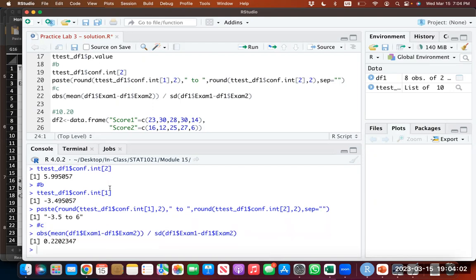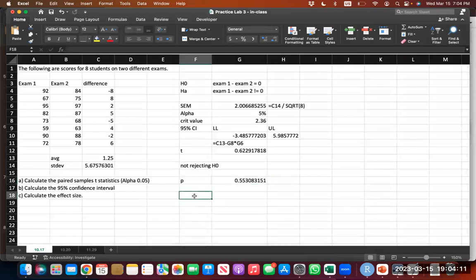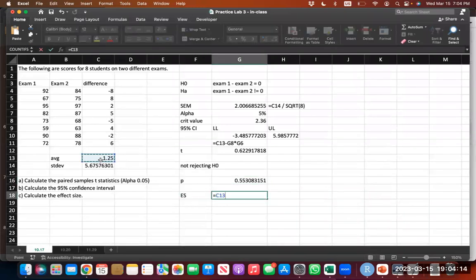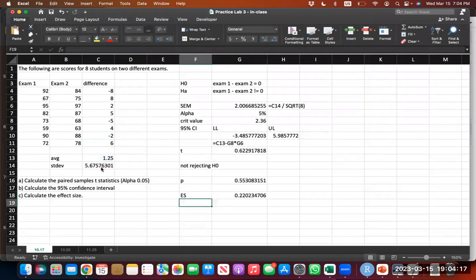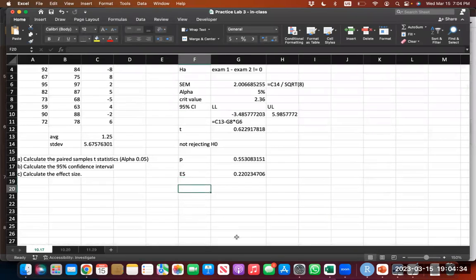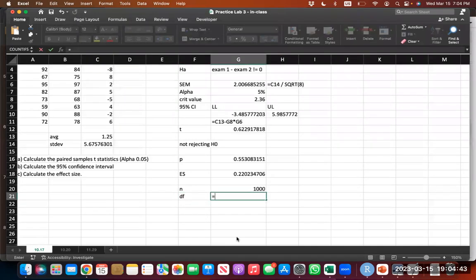Line 22 basically gives you an effect size, which we haven't calculated yet in the Excel example, but we know that the effect size is calculated as the difference divided by our standard deviation. That gives us 0.22, which, despite its lack of significance and the t-score being smaller than the critical value, is a small effect size. That emphasizes the importance of the sample size, because if we were now to increase our sample size to 1,000 and our degrees of freedom to 999,